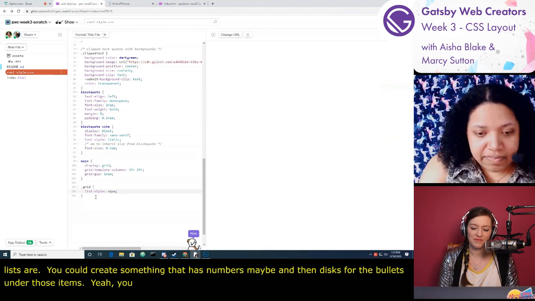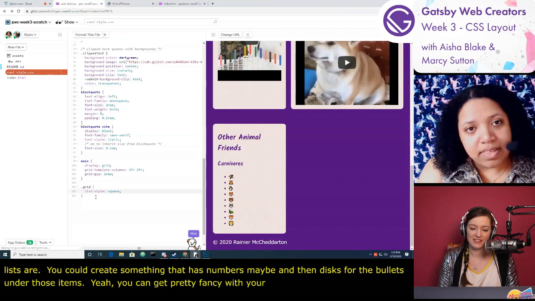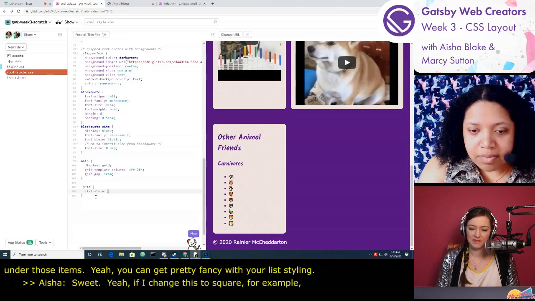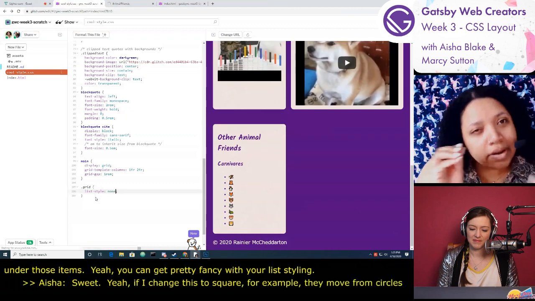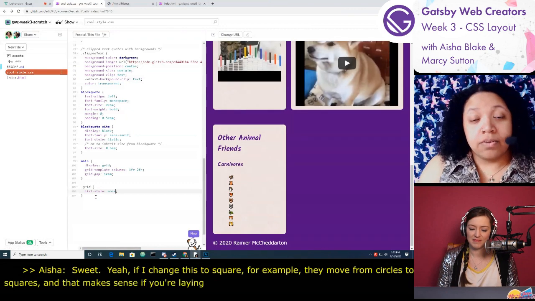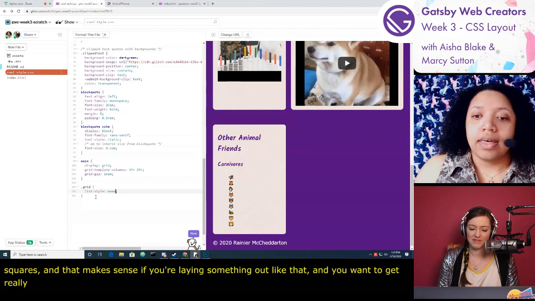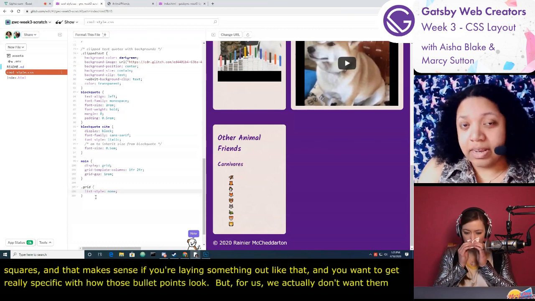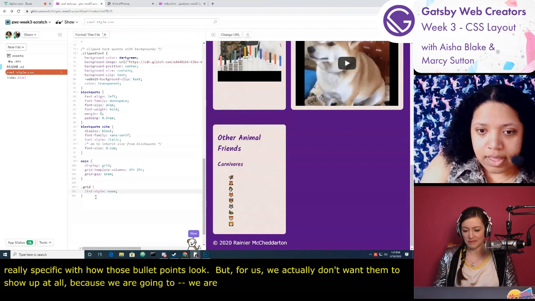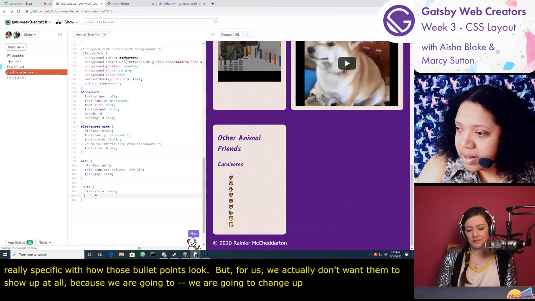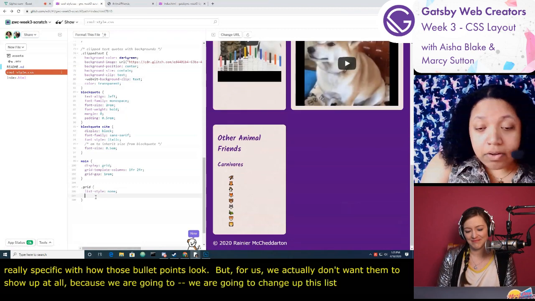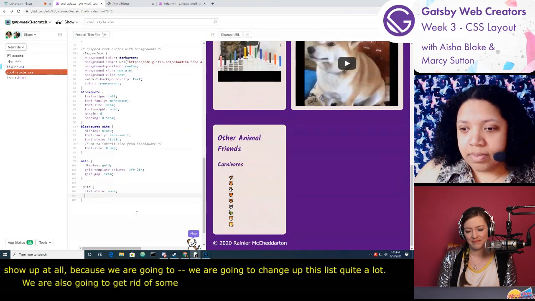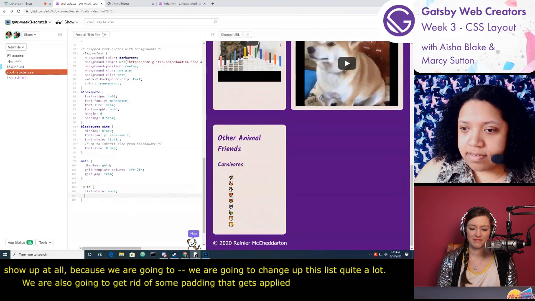Sweet. Yeah. So if I change this to square, for example, they move from circles to squares, and that makes sense if you're laying something out like that, and you want to get really specific with how those bullet points look. But for us, we actually don't want them to show up at all, because we're going to change up this list quite a lot. We are also going to get rid of some padding that gets applied to this list